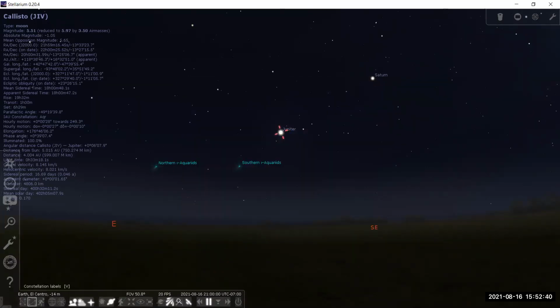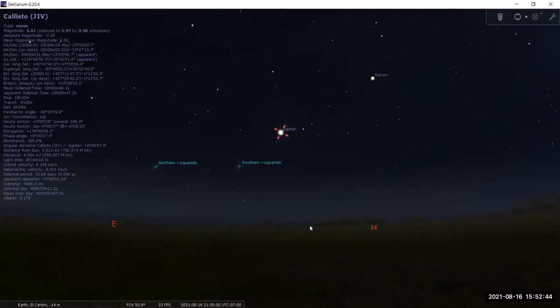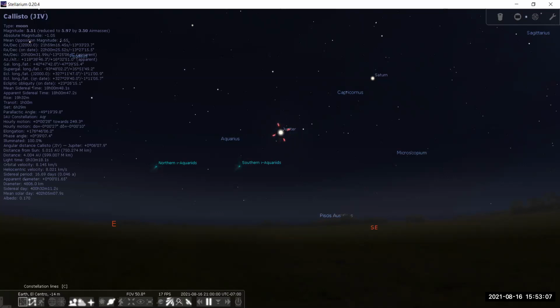So right now, if I look at my location, I'm in El Centro. The sky doesn't look much different, does it? It's the same thing. I don't know even if it moved slightly, because we're almost in basically the same line. So we're not really going to see much difference in the night sky. One of the things I can turn on here are the constellations. This is the names, and this is their shapes.